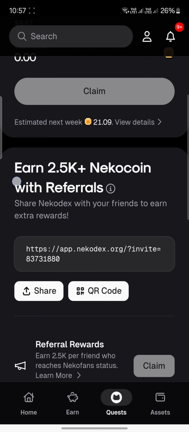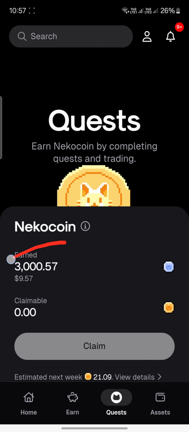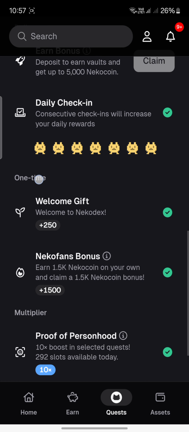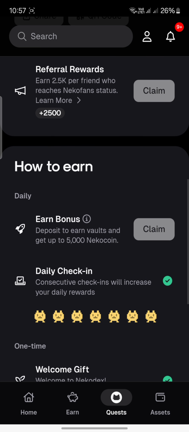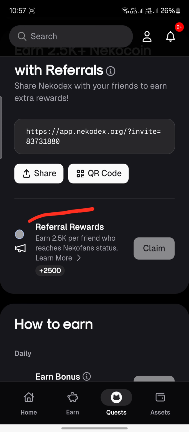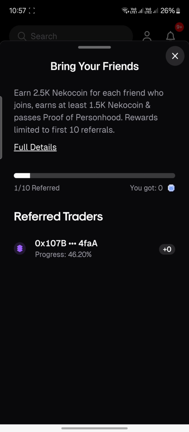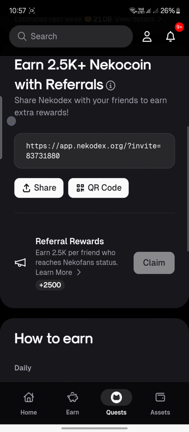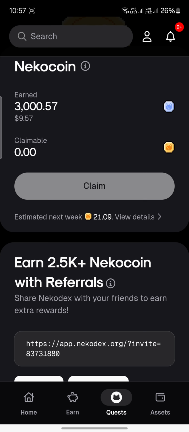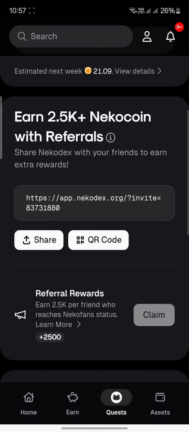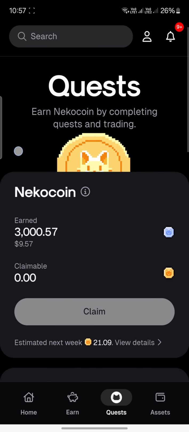You earn 1500 from the daily claim or tasks. Complete the other tasks, like the welcome bonus. Those are the tasks you can do, and you can check in daily to claim. You can also refer your friend, and 1500 new tokens you will be able to claim, 2500. Tell your friends and share this link with your friends, and you can claim lots of tokens